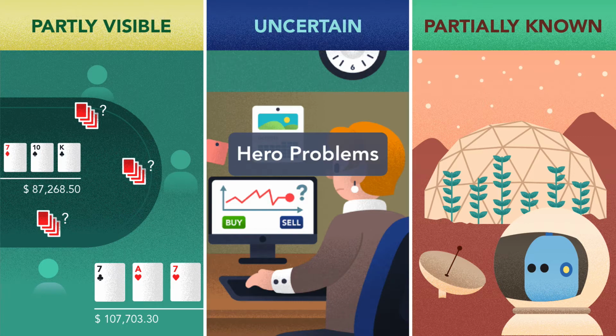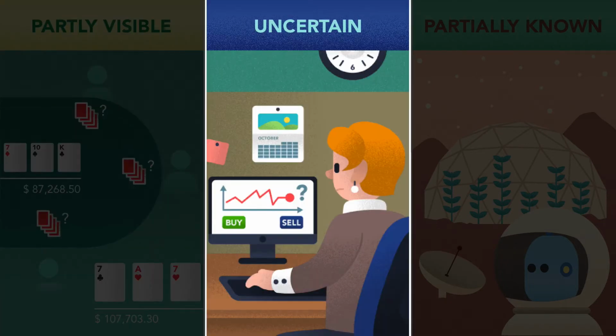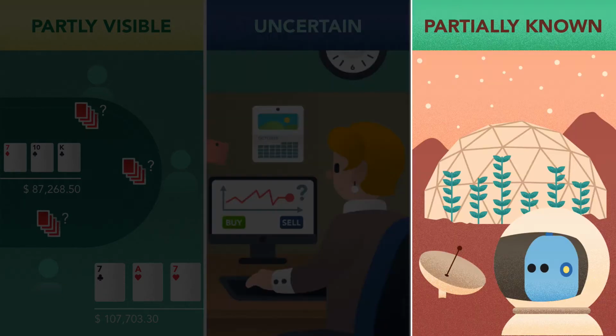In contrast, complex problems involve worlds that are partially known, partially visible, or somewhat certain. Think of the partially visible world of poker. Hands are not fully visible to other players. In finance, there's a lot of uncertainty as to why the market moves as it does, and factors influencing change in the market can be a partial mystery. Take the example of how the market behaved when faced with the sudden pandemic. Lastly, the world can be partially known. For example, growing agriculture on Mars. The agricultural growth part we have experience with. The Martian landscape, not so much. We lack the know-how that comes from experience.